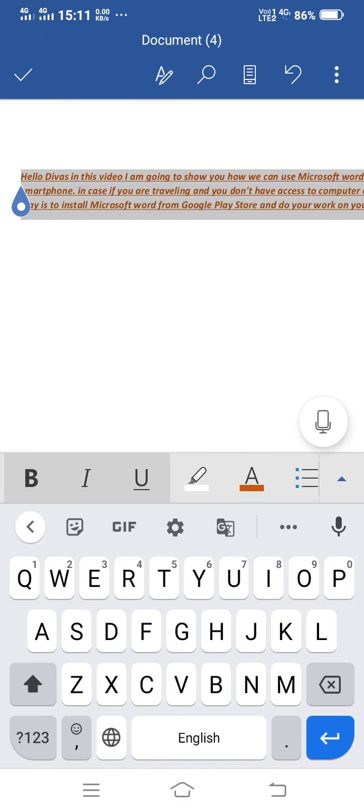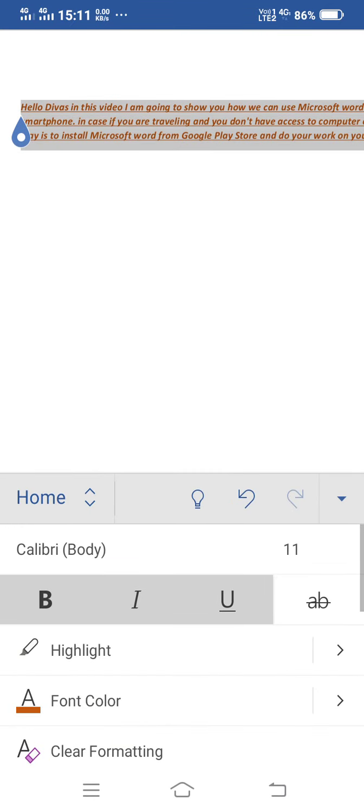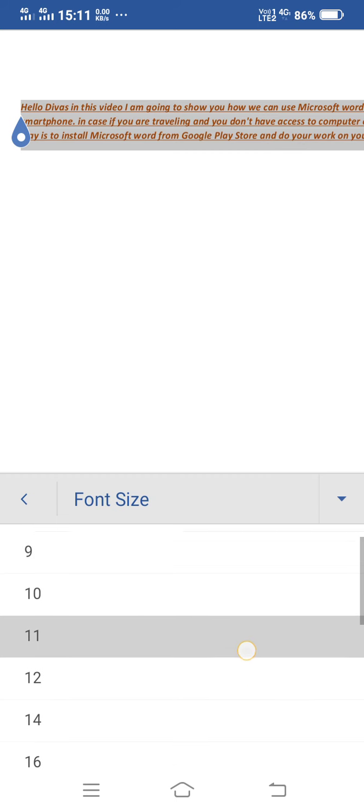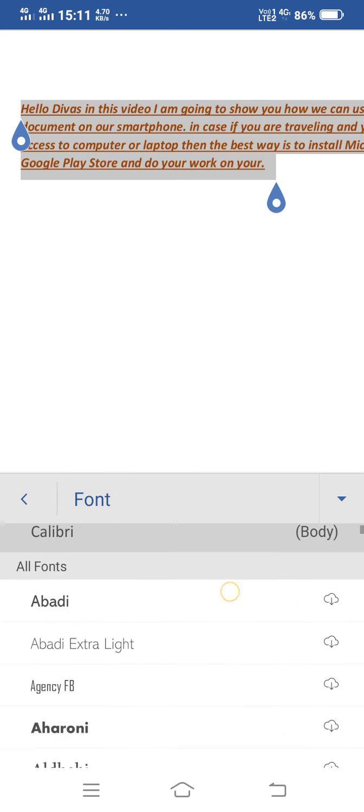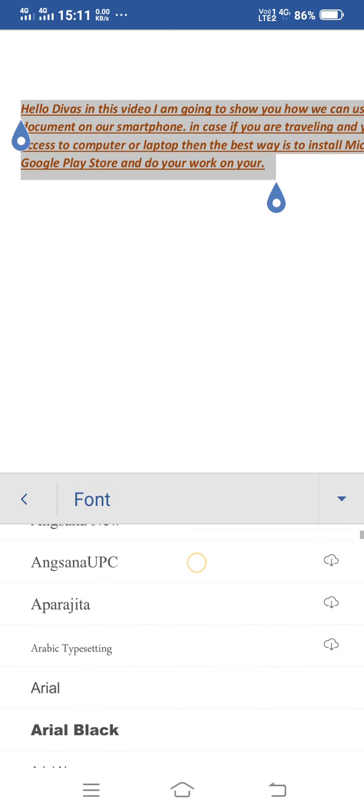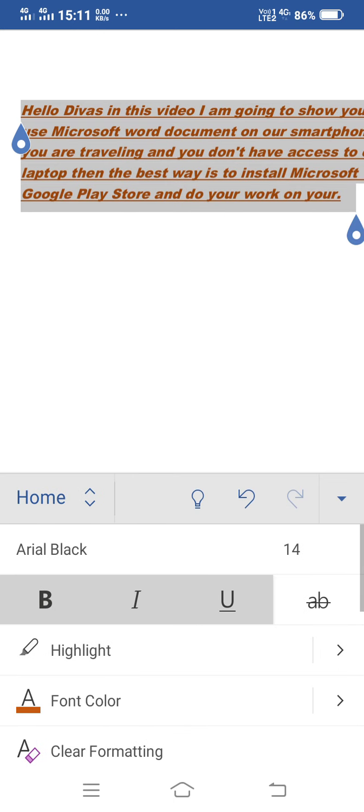Here I will click on this button and different options are also available. If I want to increase size, you can see the size increasing option is there. I click on this font and I can select different types of fonts. Now you can see my document is changing as per my settings. Here if I don't want the change, you can see the undo option is there.